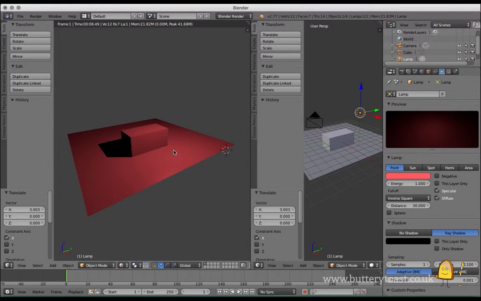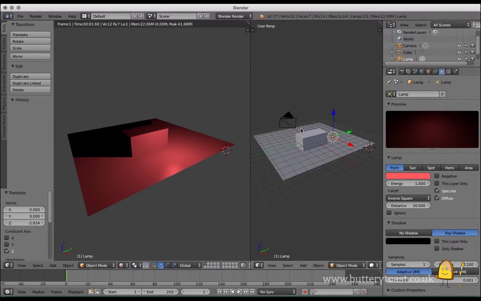So we can change it to this rendered view to get an idea of how it looks, whilst also being able to move things around more freely in this view, and seeing it updating there without having to switch all the time. There we go, eventually. Now this is in the way a little bit, I think, so I'm just going to press N. Oh no, I'm going to press T. There we are. So that's made that little bit go away, and I can get an idea of what's going on here. I can of course add more lights, so here I can choose add,